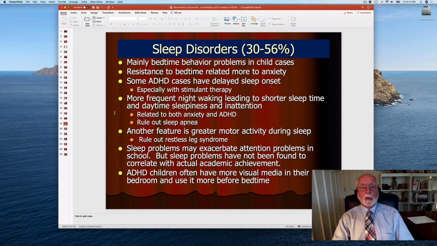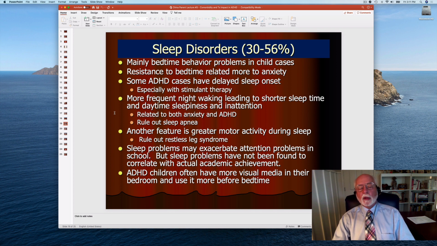the child should be evaluated at a sleep lab to see if there are some interventions that could be used to help improve the sleeping, which then would help improve daytime inattentiveness, because as I've said before, a child whose sleep is inefficient is going to be tired, and tiredness, of course, is going to increase inattentiveness the next day.